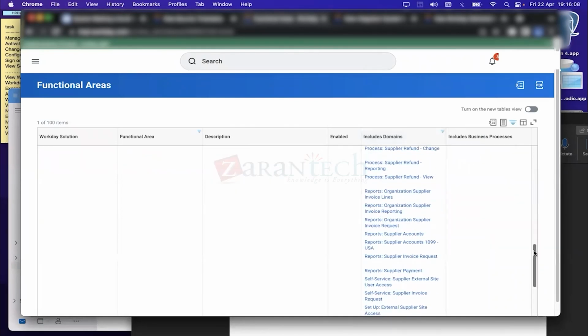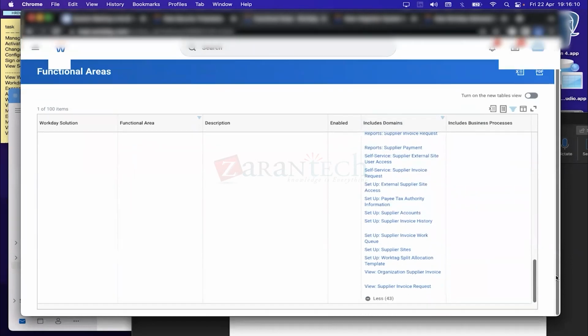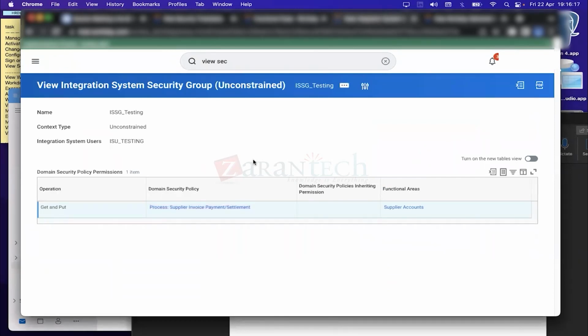String, it's not filtering it, but you got my point, right? Like, yeah, it takes up from there. So now what happens is, over here, what we are trying to do over here is that